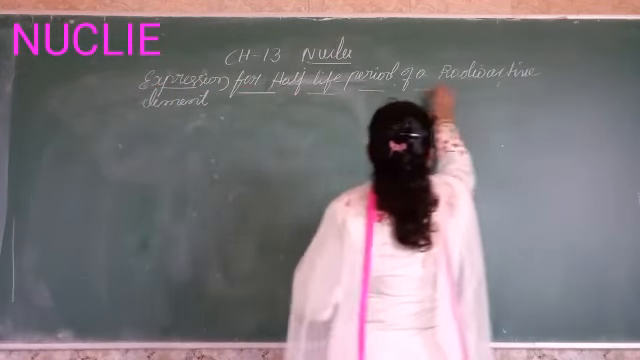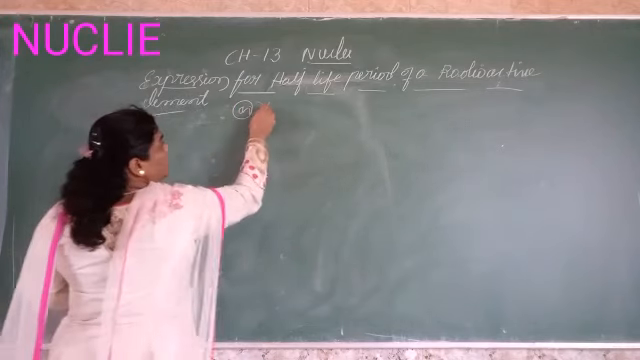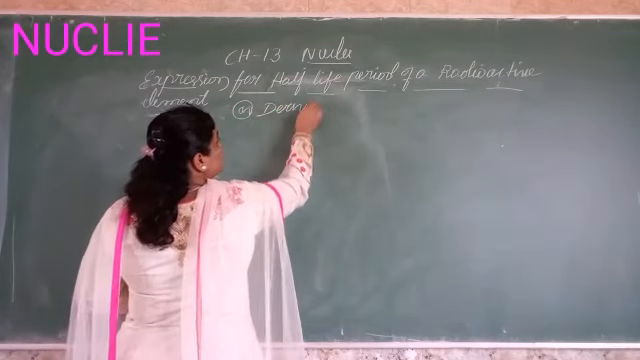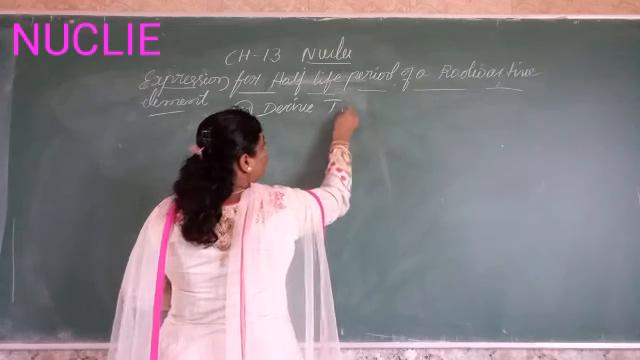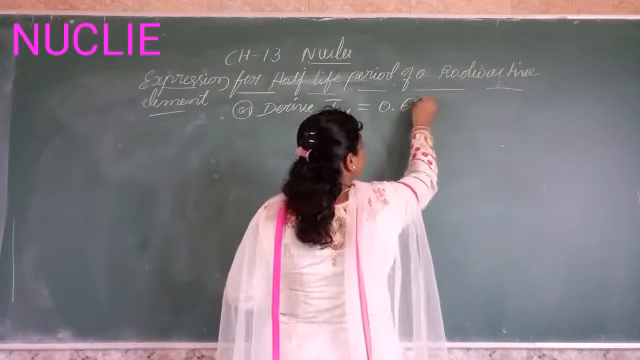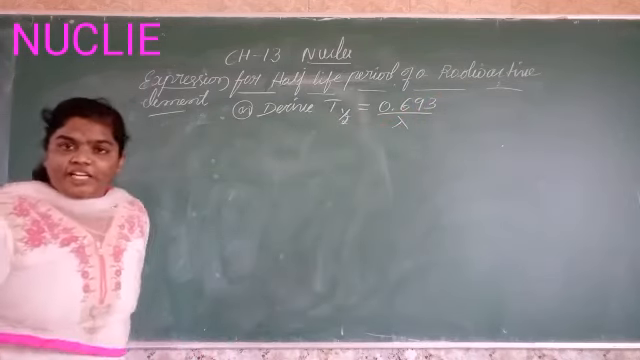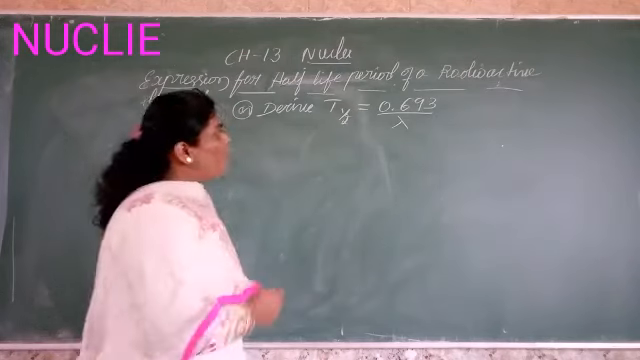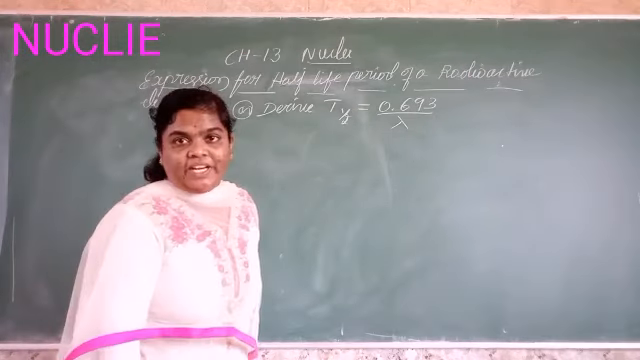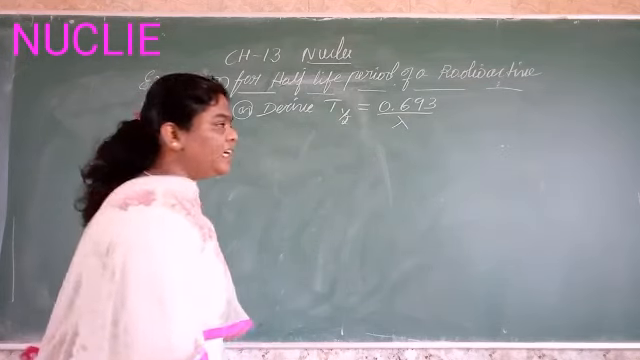So they ask us to derive the expression, or derive T half is equal to 0.693 divided by lambda. That is the equation for the half-life period of a radioactive element. So now, derive. Let us consider